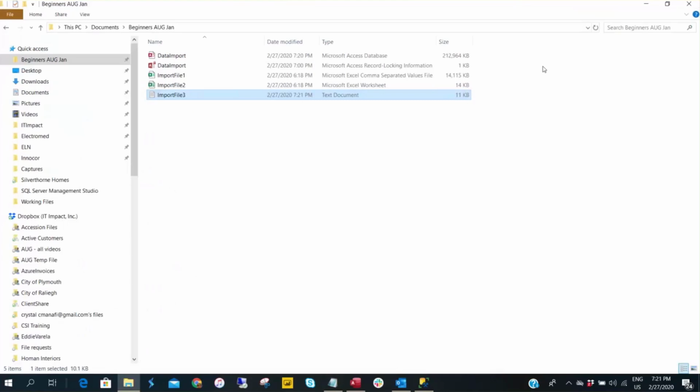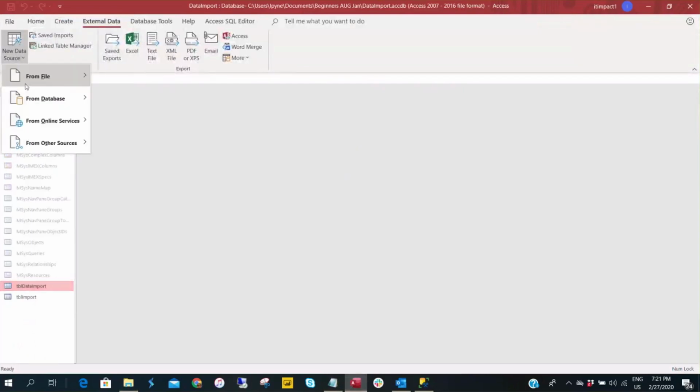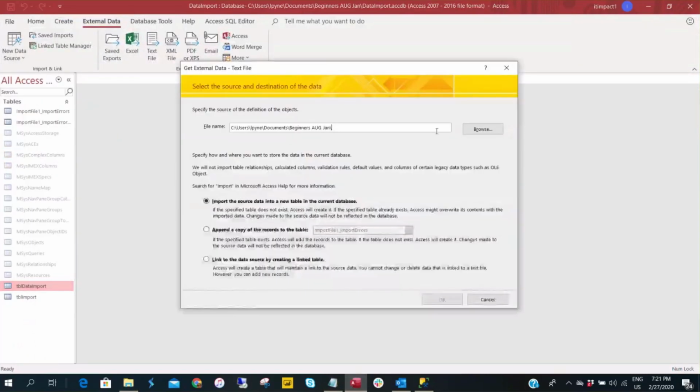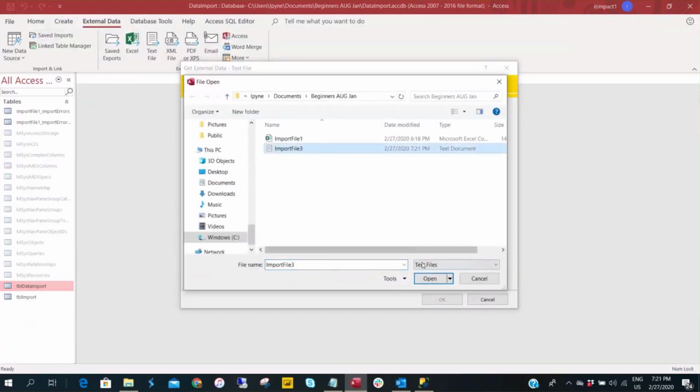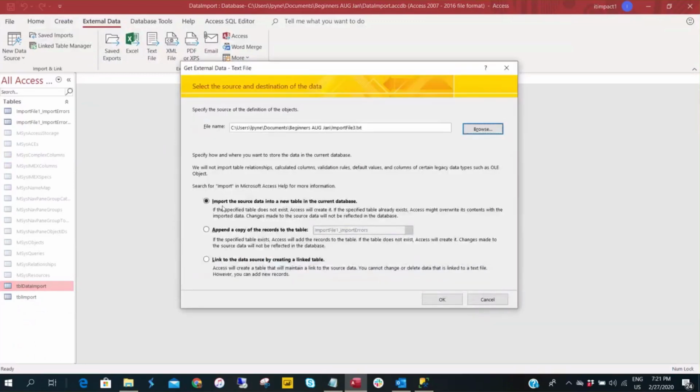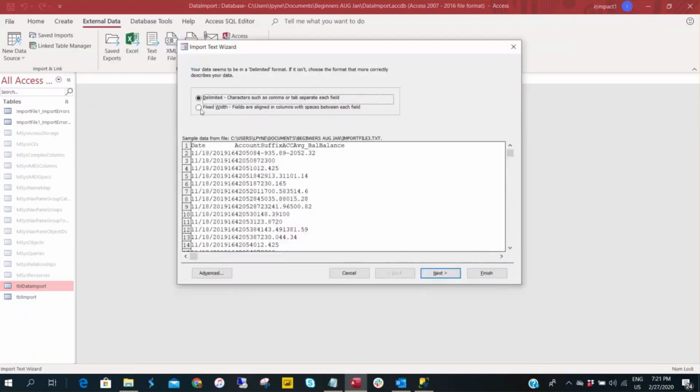Close. You see, you don't always get your data so clean when you want to import it. Sometimes you have to do a bit of work on it to straighten everything out. So let's try and import that now. It should look better. Select my file. It's the third file. And again, we're going to append it to the tables, this one. Okay, now I select fixed width. Didn't adjust it like I would have liked, but